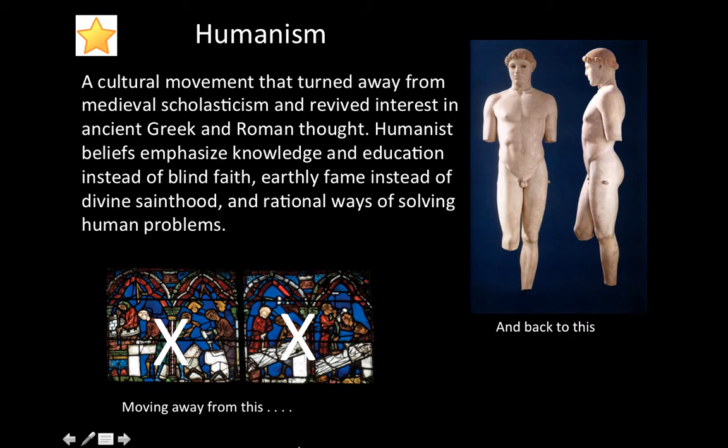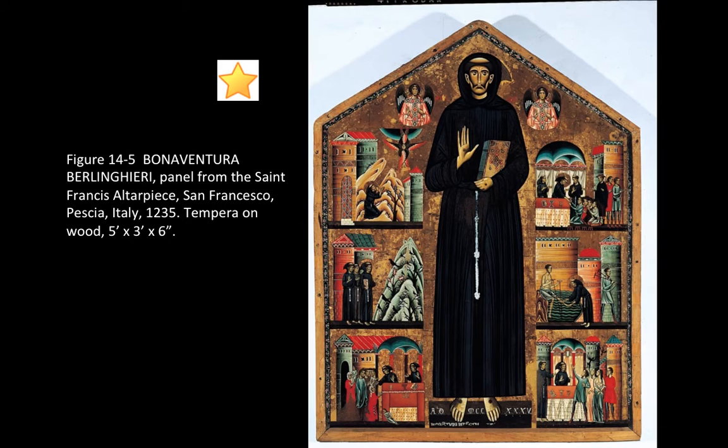This is some stained glass from Chartres. And back to stuff like this. This is Critias' Boy from ancient Greece, which was a sculpture that very much sought to attain the ideal and perfection in a close study of the natural human form. I include this artwork here not because it necessarily displays the Renaissance, but because it is a perfect example of what the Proto-Renaissance moves away from.